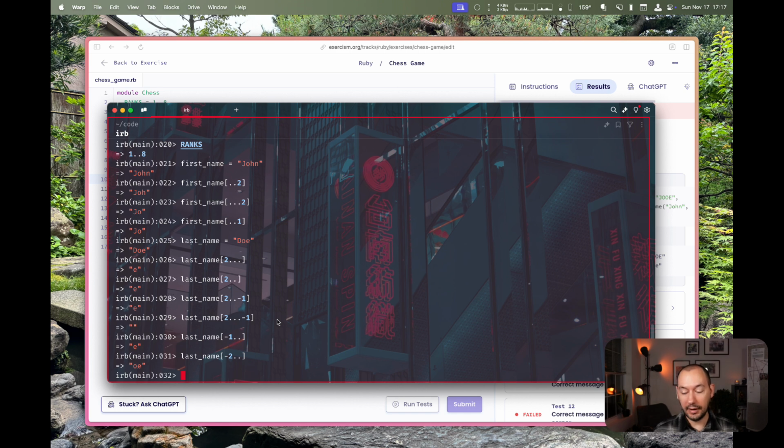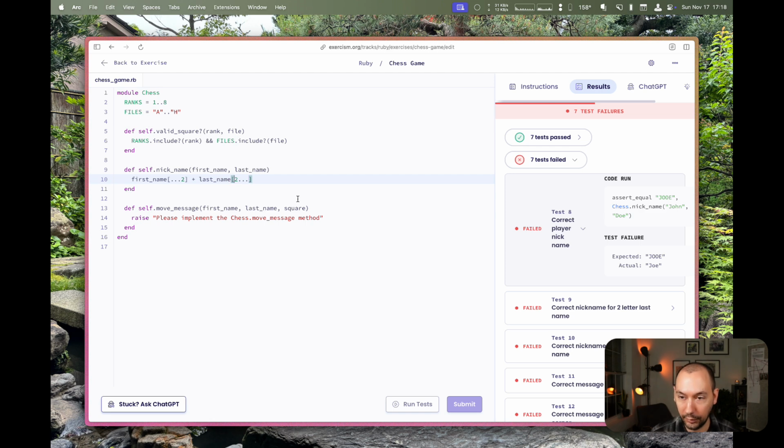So in the array, actually, it's not like a -0 character, because that doesn't make any sense. -0 doesn't exist. You can take that up with the number theorists as to why, but -0 does not exist. And this is where I get the symmetry from the way we do the first name by exclusively doing it. We're putting that 2. Here we're doing a similar thing. So we're going to the -2nd character, which in Doe is the O, including that, and taking the O and the E. So if we change the way we wrote this,